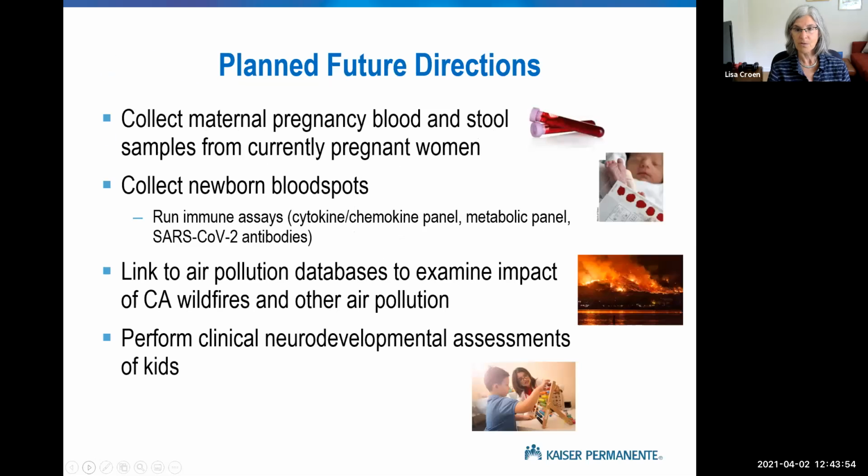So we think that this will be very interesting to see what happens in terms of risk for autism and other neurodevelopmental disorders. And then planned future directions are to expand this pregnancy cohort yet again to include women who are currently pregnant. And if we're fortunate, we will start